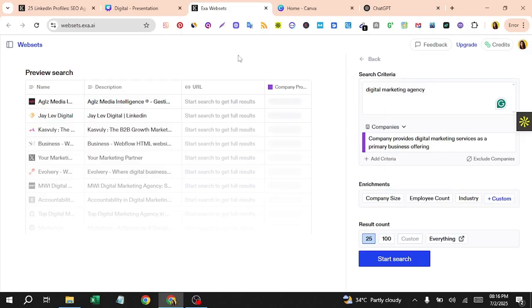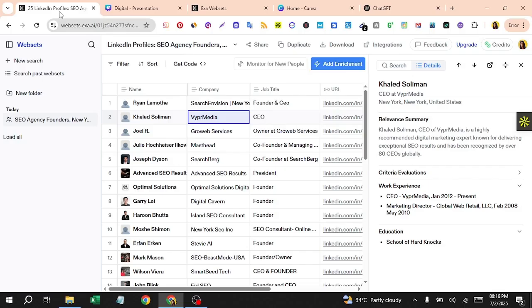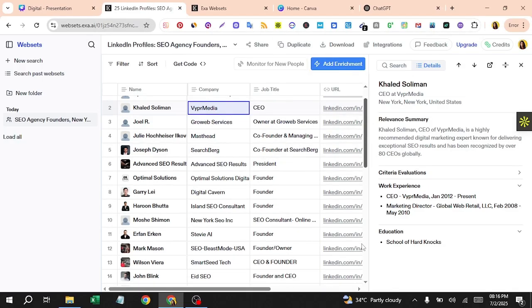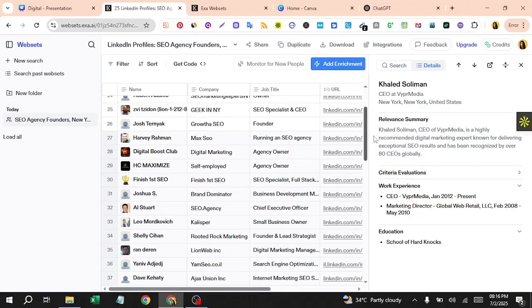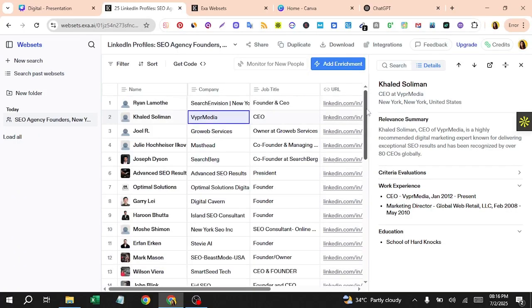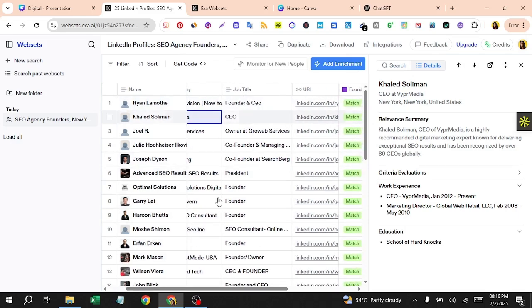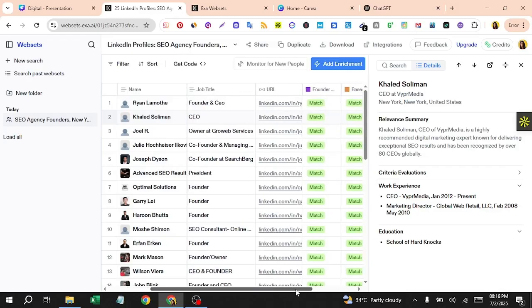Let me just scroll down. When I first started out on this tool, I just checked it and got a lot of leads from it. When you put your keyword in the search bar, you will eventually get a lot of business owner names, company names, and then job titles. These are mostly founders and CEOs, because at the end of the day, we are dealing with CEOs and founders.